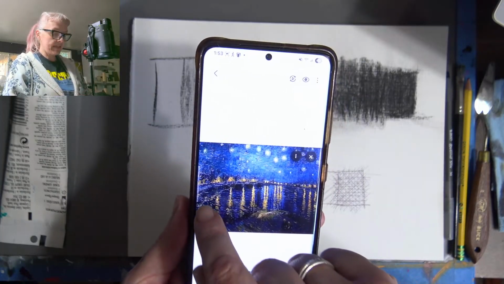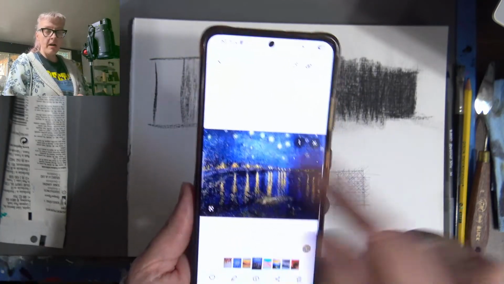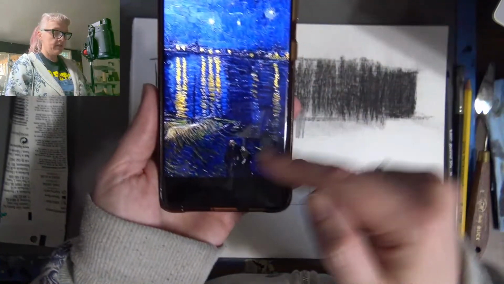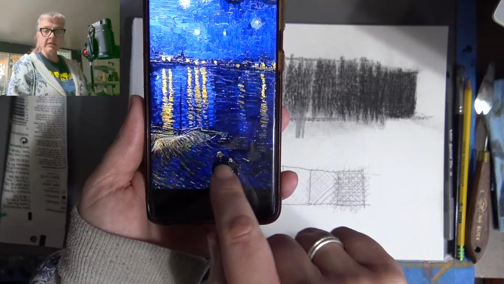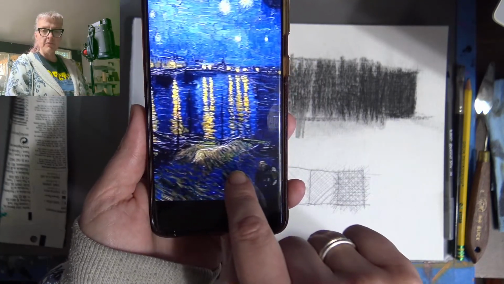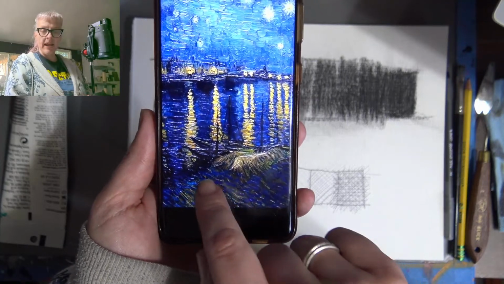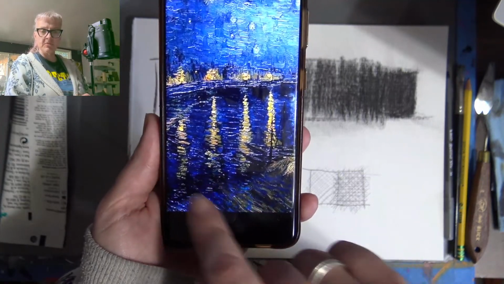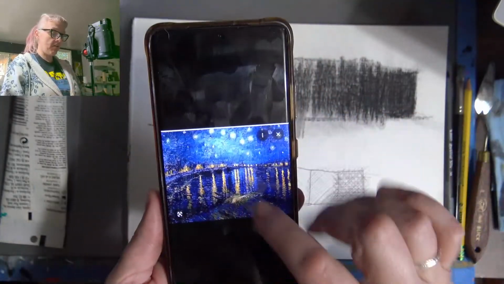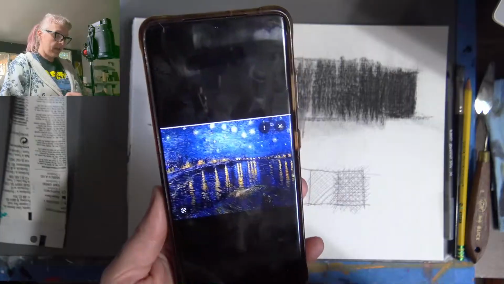There's an obvious distinction between what's ground, what's water. And down here, if you've ever noticed, there's two people. You can clearly see a woman in a shawl and a man in a hat. And there's boats and the ground. You can tell the difference between the ground and the water. But are we going to be able to see all of that still when we